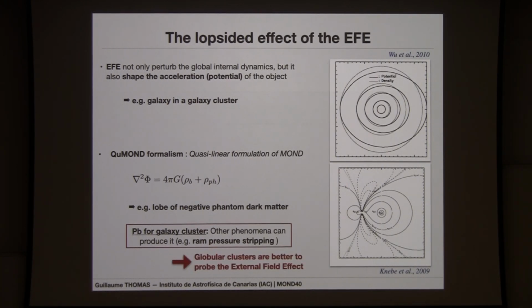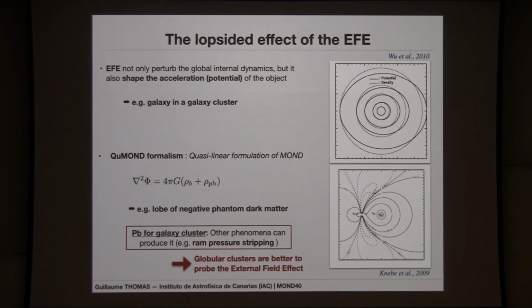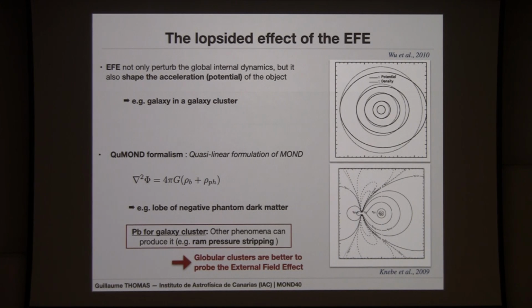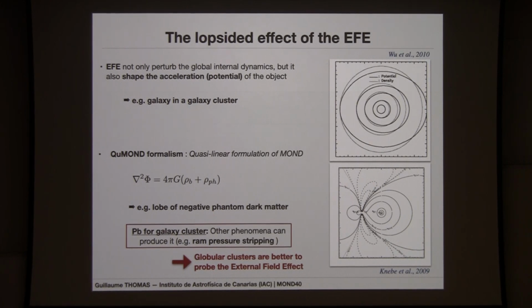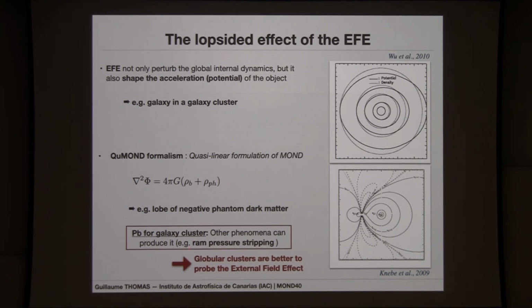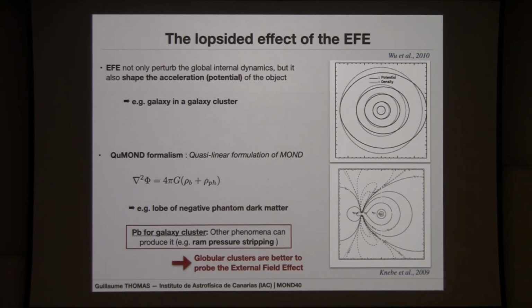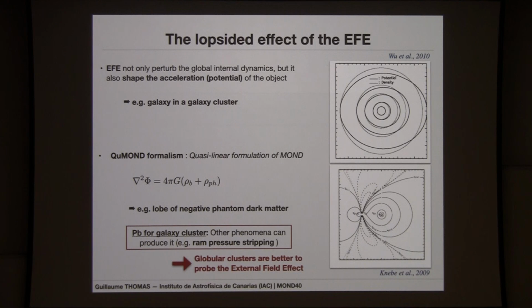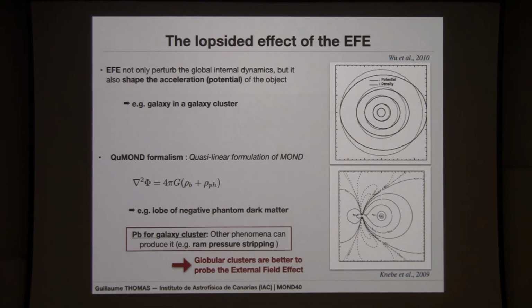And so that's why for years now, I'm pretty convinced that globular clusters are in general better tracers of the external field effect, because the exact same effect is also present in globular clusters, which tend to orbit around some satellites, like in the Milky Way, and there are many advantages. First of all, the majority of them have absolutely no gas or really a small amount of gas, so you can already neglect the ram pressure stripping, and most of them are also old enough to be virialized, and most of them in the Milky Way orbit in the halo where the external field effect is at the maximum of its peak. So globular clusters are a better tracer of the external field effect than galaxy clusters.